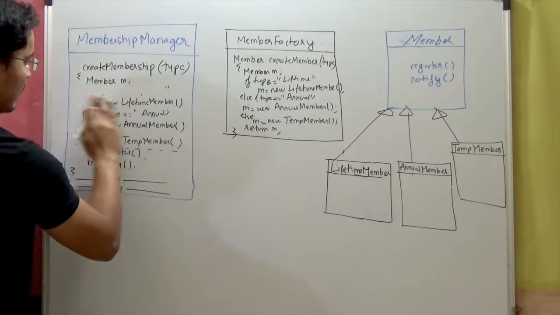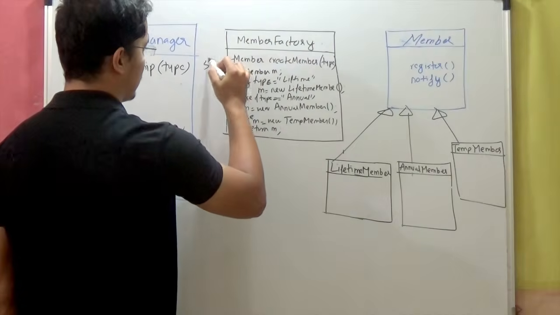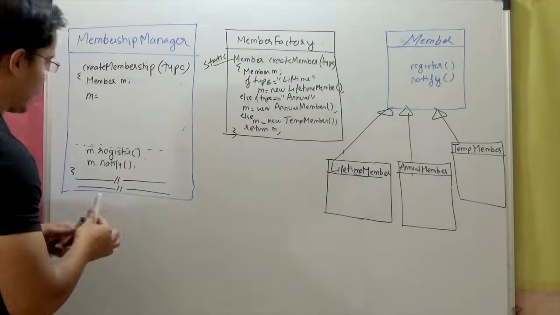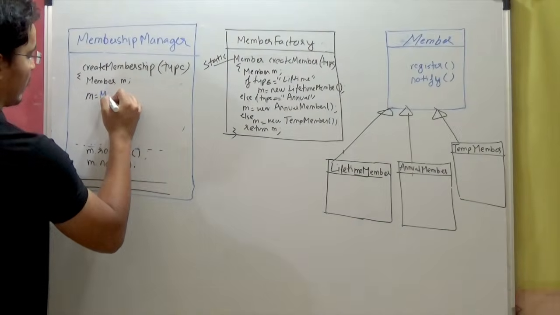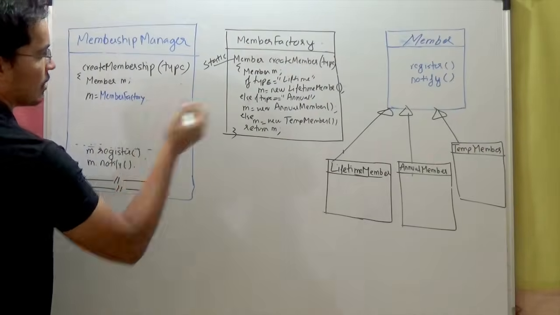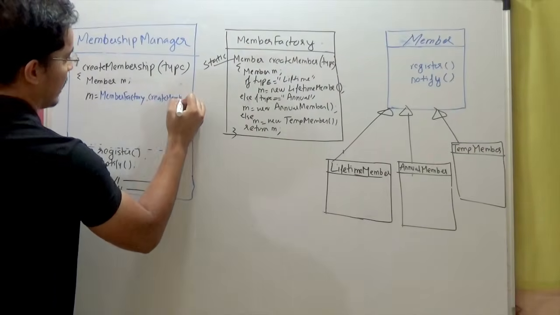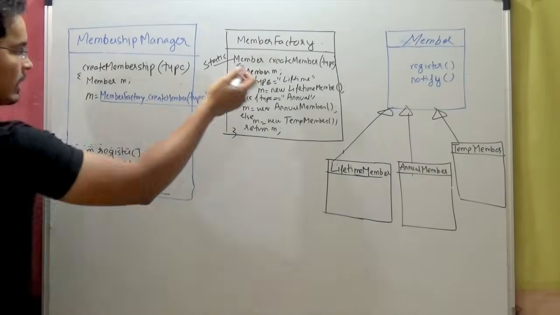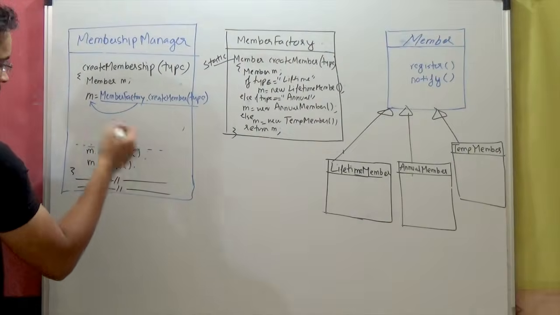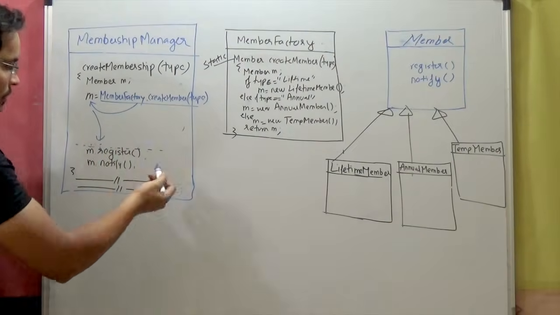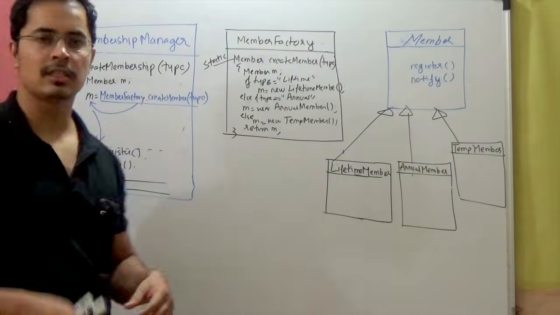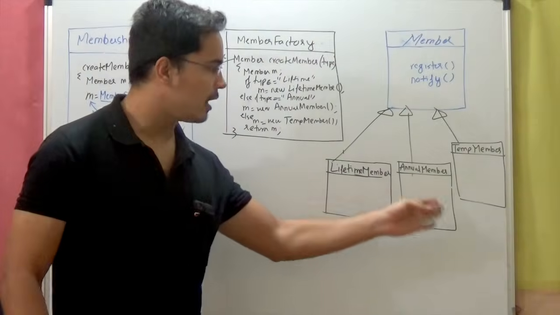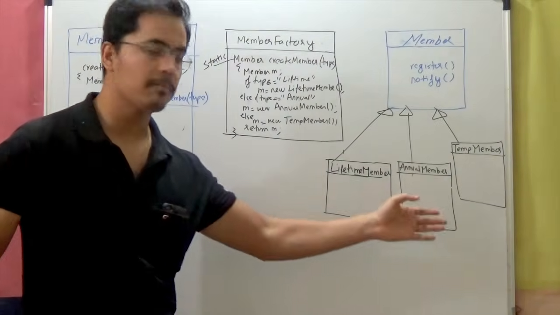We have encapsulated that. You can declare this method as static, right? In that case, if I make it static, I can say m equal to MemberFactory class name dot createMember, and I'll have to pass the type parameter. This will create the member and that will be saved in m, and then we'll have this code m.register and m.notify. So we move this instantiation logic, where we don't know which specific kind of member we want to create,